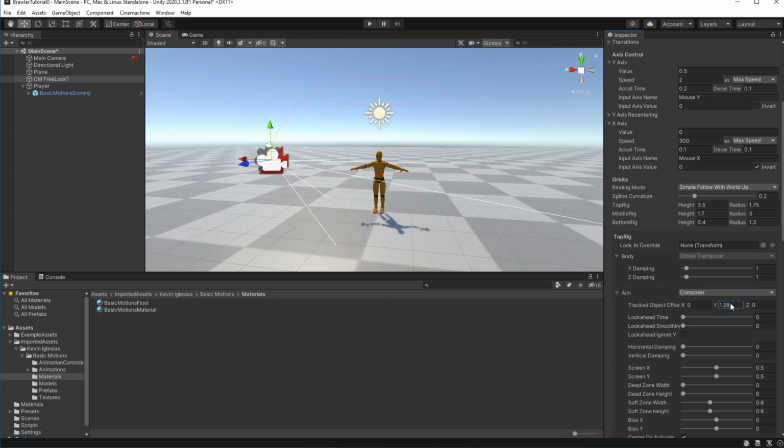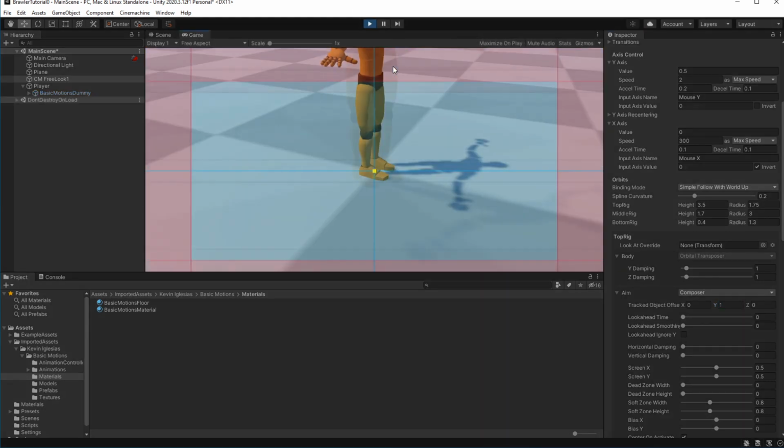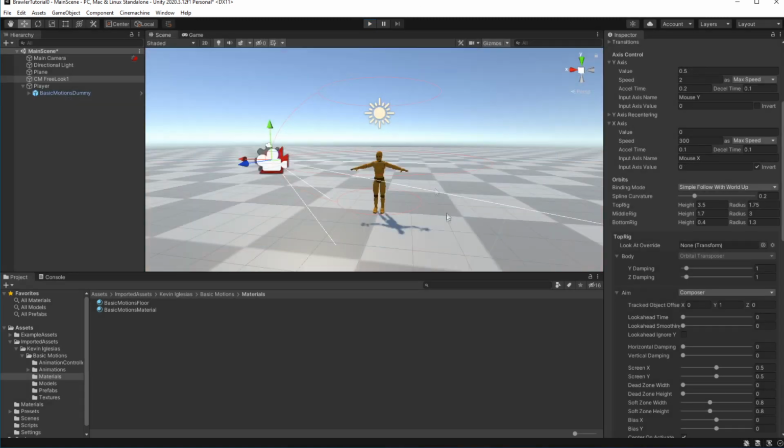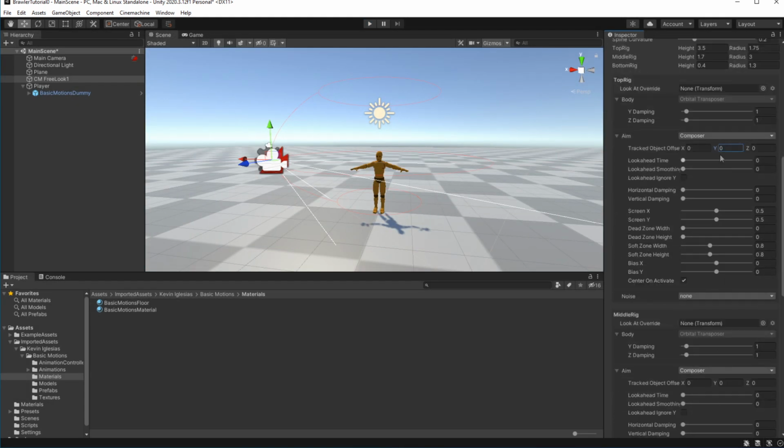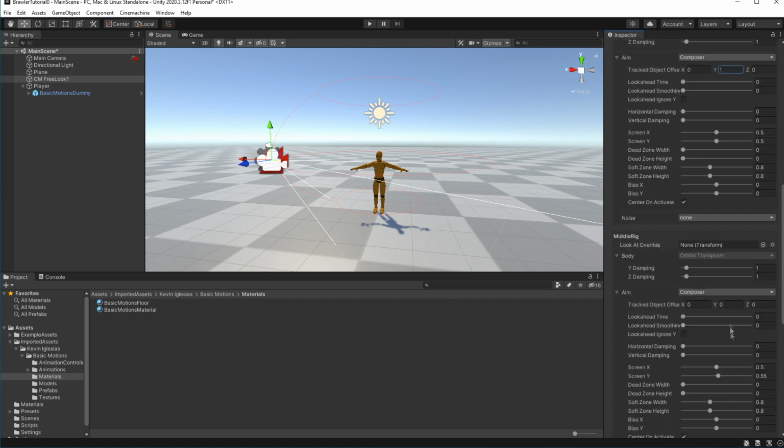If we launch now, you will see that our camera is looking at the legs. Let's change that by changing the tracked object offset on the detailed rig setting. Make it somewhere on the head level of your character.